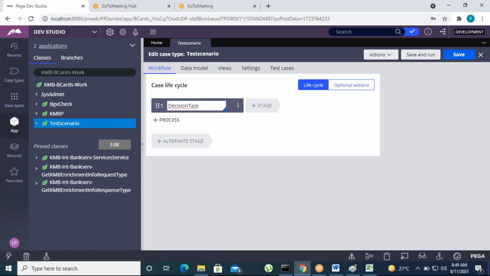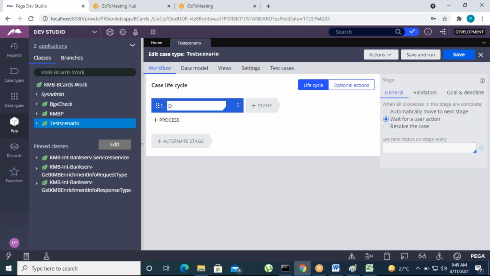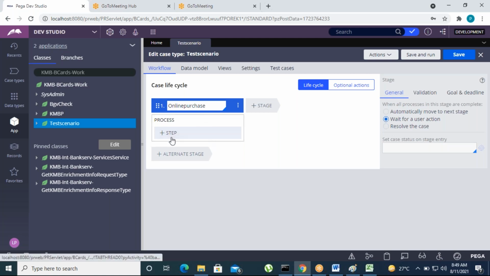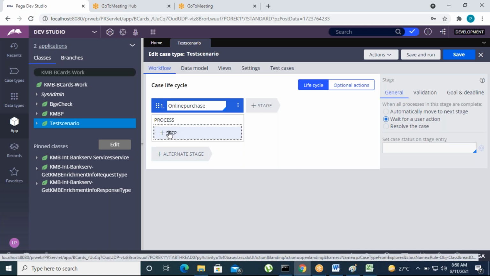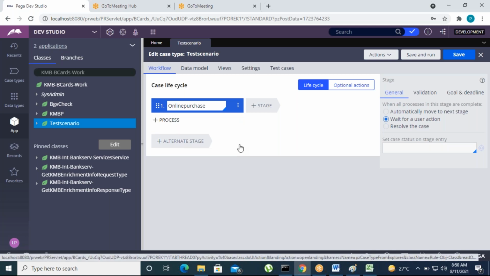Add some online purchase. Okay, online purchase, this is my stage name. Here I'm going to add steps. There is only one step, that is for collecting the customer details.